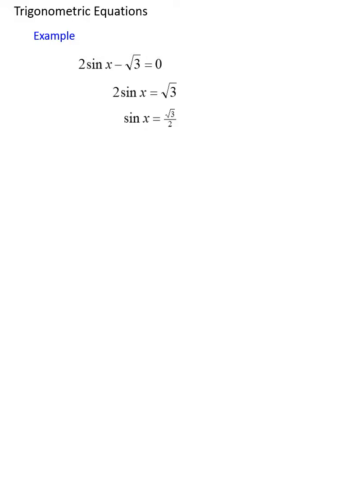Now once you get the trig function by itself, there's no procedural step to follow at this point. I've had many students say, let's divide both sides by sine. That's not logical because this isn't saying sine times x. That wouldn't even make any sense. It's the sine of x. In other words, x is some arc on the unit circle that terminates at a point whose y-coordinate is radical 3 over 2. So once you get the trigonometric function isolated, go back to your favorite 16 points on the unit circle